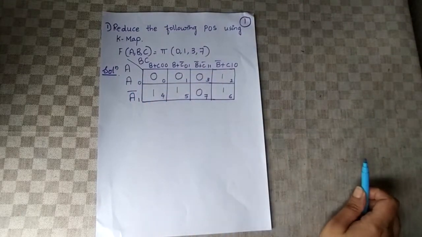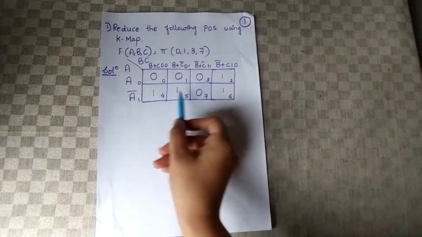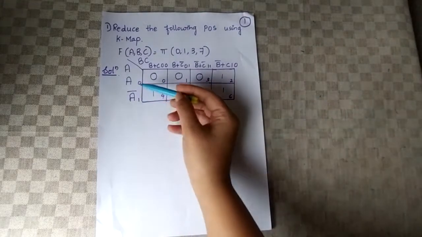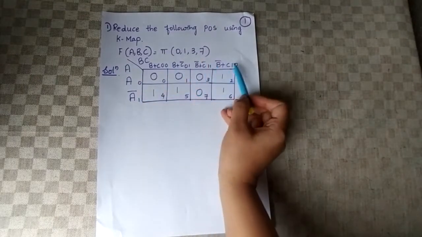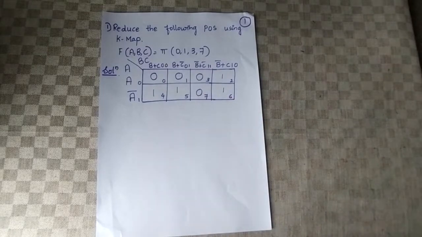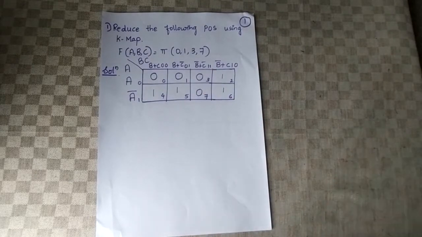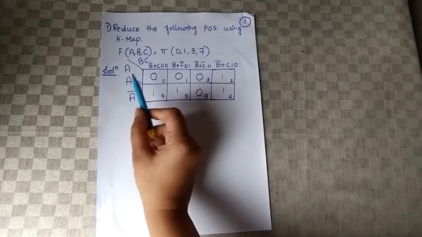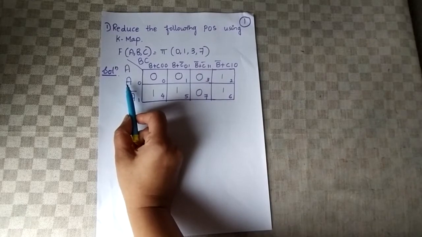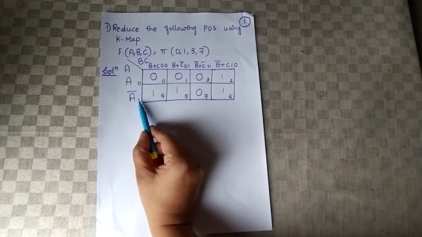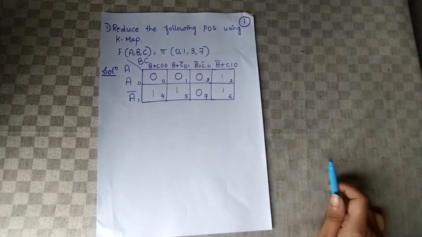So listen very carefully. Numbering remains the same 0, 1, 2, 3, 4, 5, 6, 7. On the adjacent side numbering also remains the same 0, 1. Here 0, 0, 0, 1, 1, 1, 1, 0. How to write the associated variable? See very carefully. When it comes for max term and if the variable is holding 0, it will be the original term itself. If the variable is holding 1, it will be its complemented form. So this is for max terms.